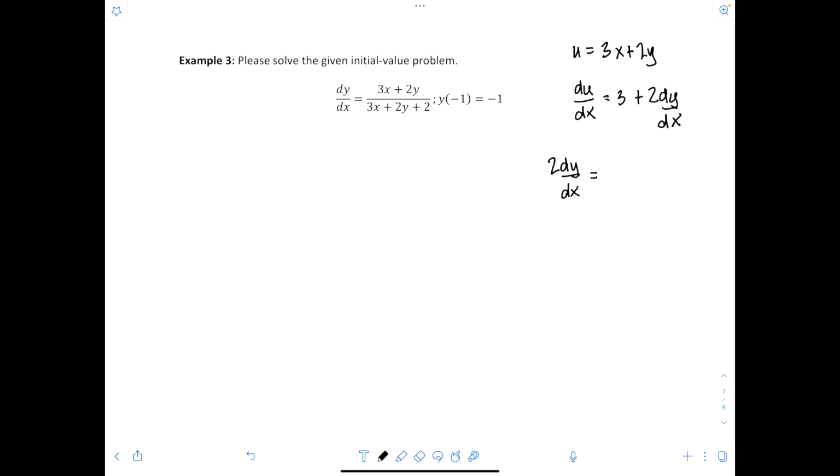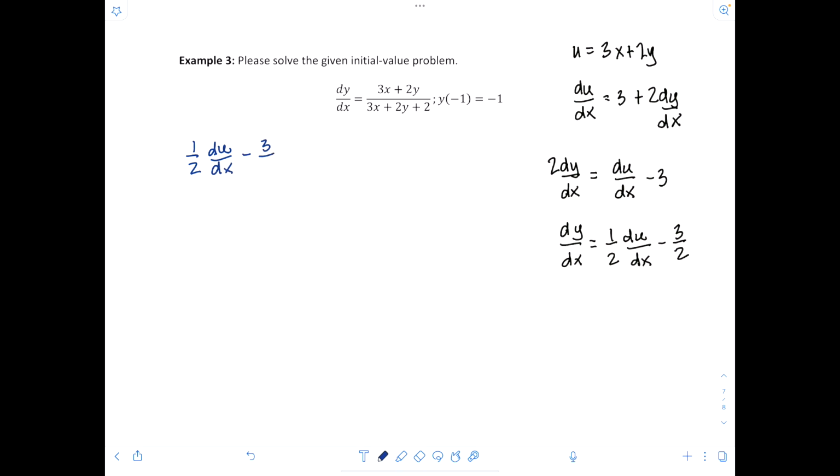Good. du/dx minus 3. So isolating dy/dx, we would have 1/2 du/dx minus 3/2. On the left-hand side, we would have 1/2 du/dx